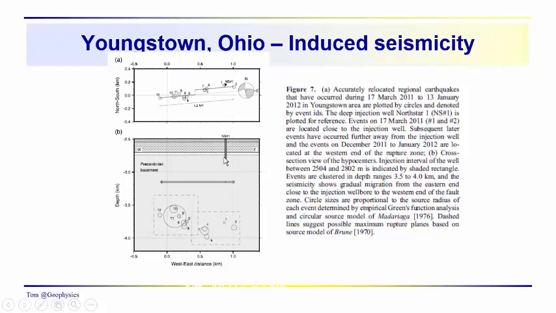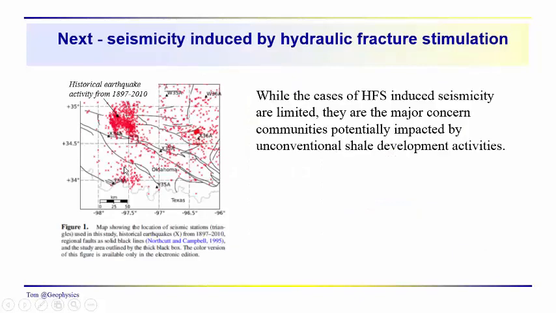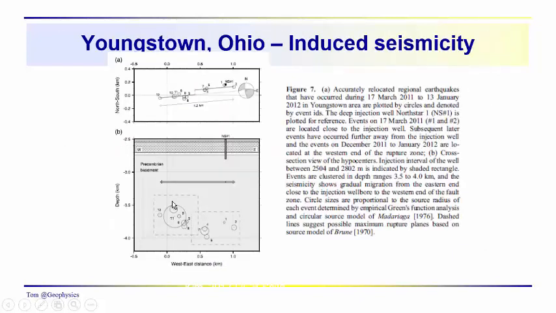So most likely, the fluids that were injected into the well were able to work their way into the fault systems that you see here, down through fractures in the crystalline basement, allowing these what must have been almost critically stressed faults to fail. So this would be the typical scenario that you run into when you're working with saltwater disposal. The danger is to reactivate critically stressed faults in the basement.